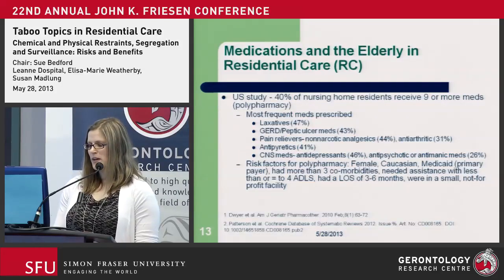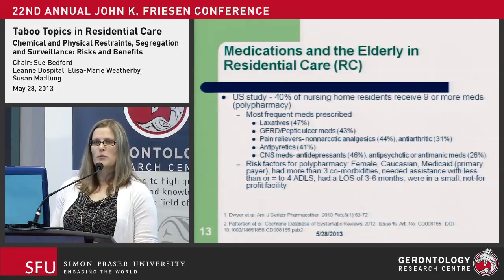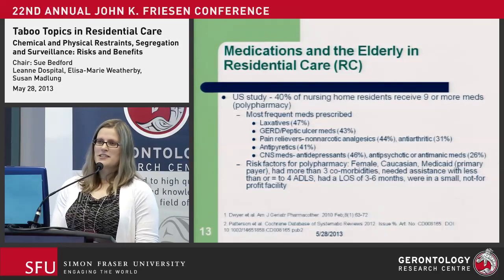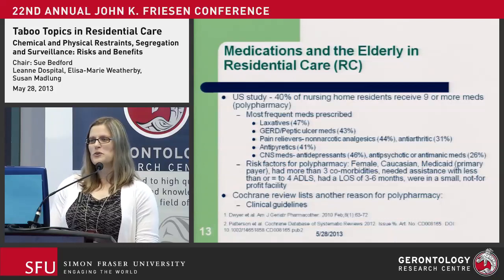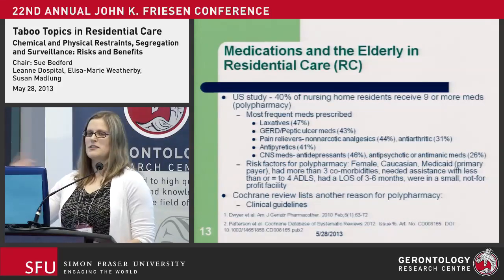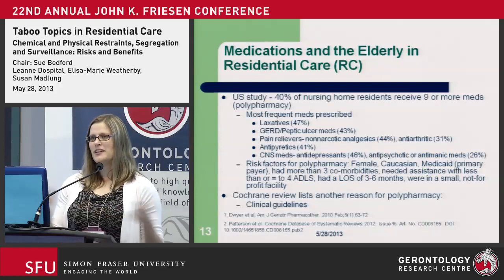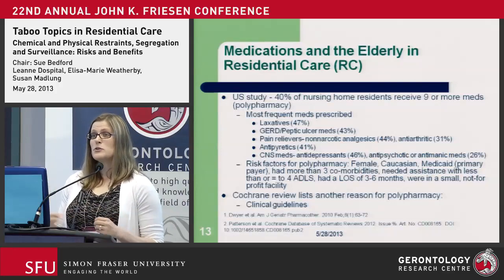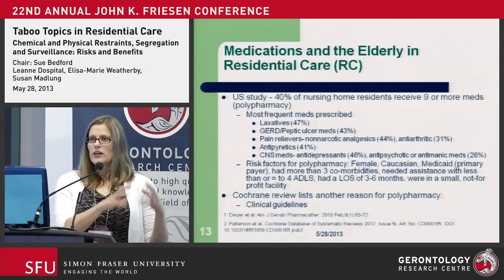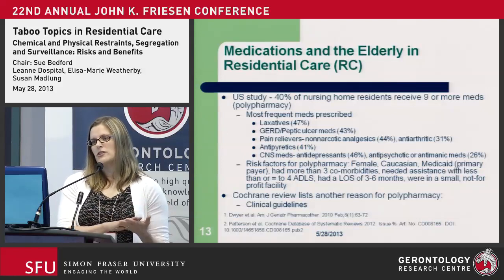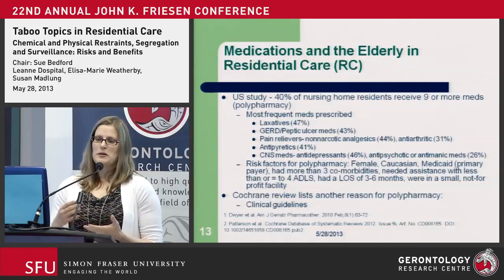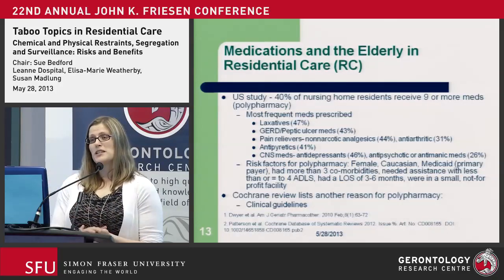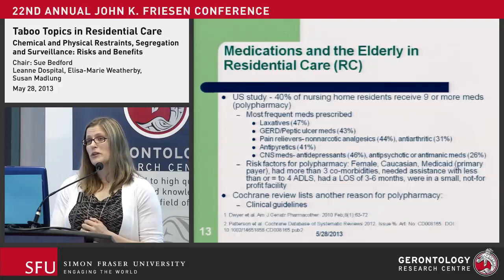So that's an interesting thing to consider as well. Cochrane published a review in 2012, and they also looked at polypharmacy in the elderly. And they listed another possible reason for it, clinical guidelines. So how many times do you look at your clinical guidelines and try to extrapolate them to your elderly population? So a person might have CHF, hypertension, diabetes, and the list goes on. So a lot of practitioners are just trying to implement all the clinical guideline recommendations, and that in itself ends up, the patients are put on many, many more meds maybe than they can tolerate or should be on.